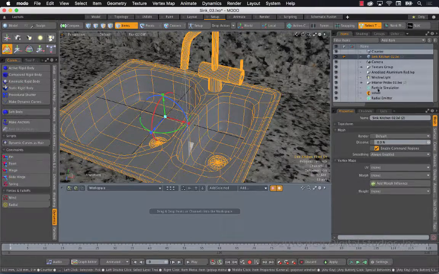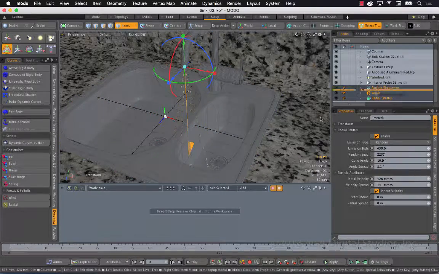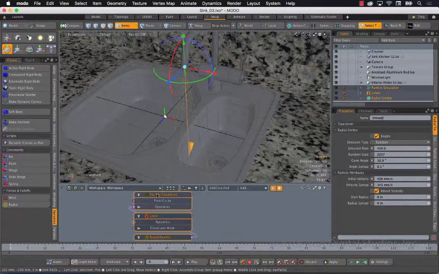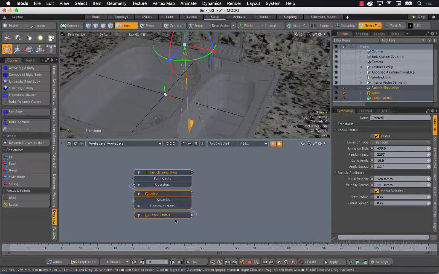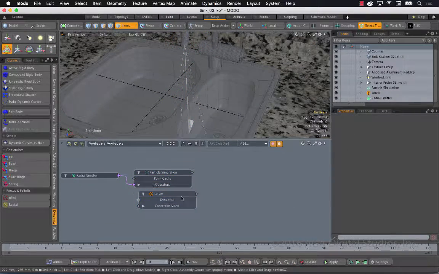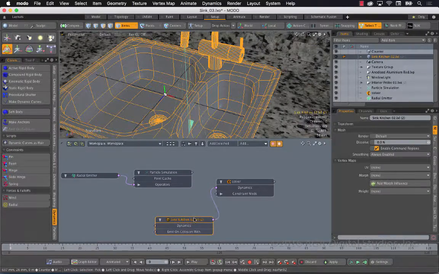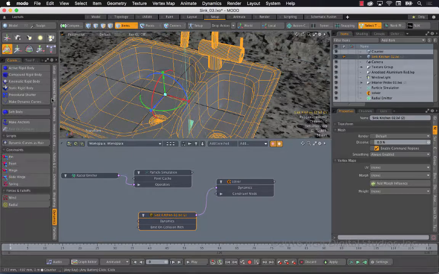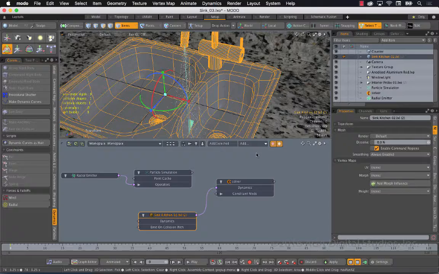And if you remember, we're going to take all of these. You don't have to, but this just visually helps you. You can put them in the schematic view. And these are connected. Here's the solver. And when you get a little triangle like this, remember, double click and that will open up. So you get those. So all you need now, in order for this to interact, to make those particles bounce around,